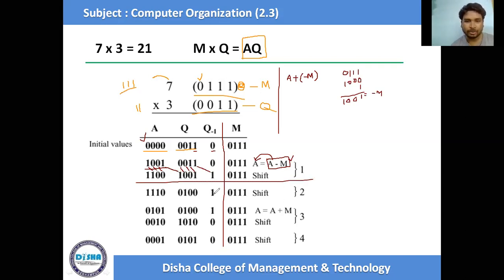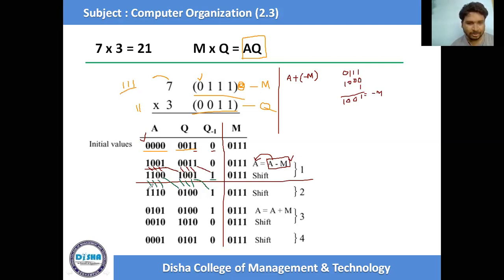Okay, then again, what is the procedure? The procedure is to again check the value of q0 and q of minus 1. So again check these two values. After shift we check these two values, and we know that for 1 1 there is no operation, only shift. This one is gone, this one has come to the q minus 1 place, 0 is here, 0 is here, 1 has come here, 0 is here, 0, 1, 1. Again the last value is 1, so we are putting 1 here.